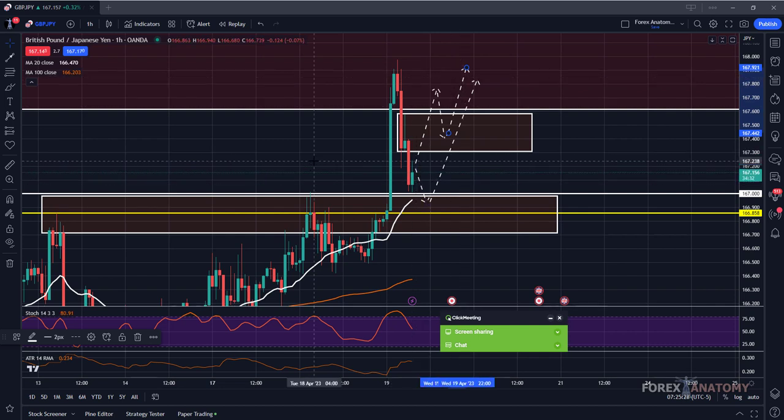And we saw the same thing for the US dollar Japanese yen, because most of the yen crosses move in sync. We saw the US dollar Japanese yen move to the upside, and it's in a period of retracement. We're also seeing the same thing with the British pound: we saw this spike on the news, it tested this area of supply, and it's correcting or pairing those post-announcement gains. Now, one thing I want to point out is that,